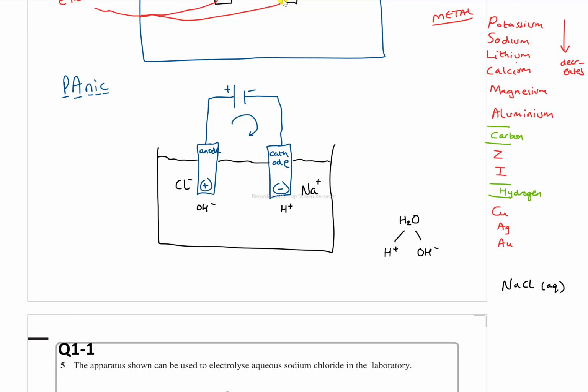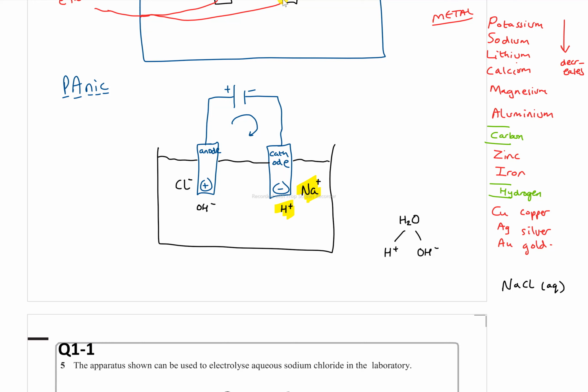It is not aluminum. Right, okay. You've got zinc and you have iron. Copper, silver, gold. Now, going back to this, if you look at these two,